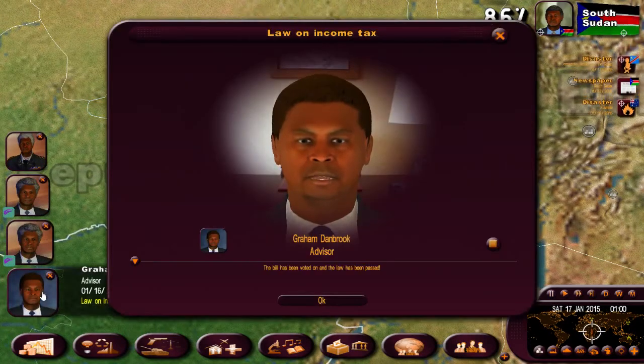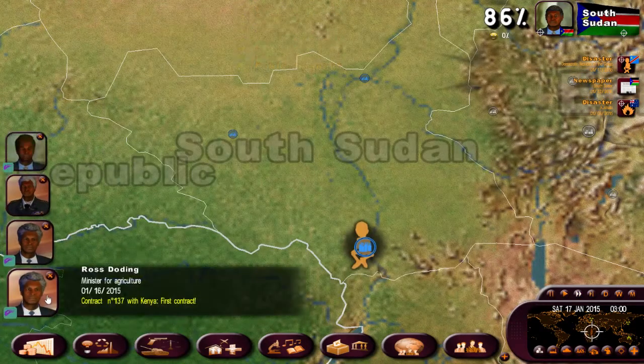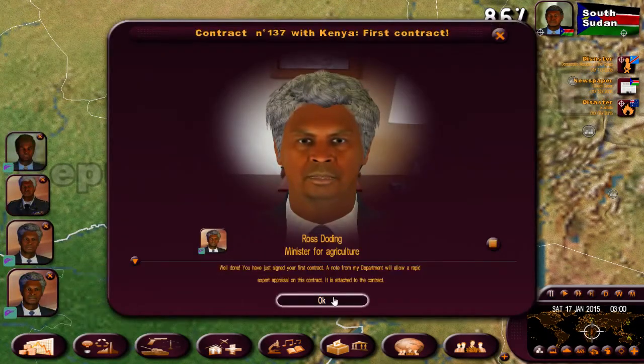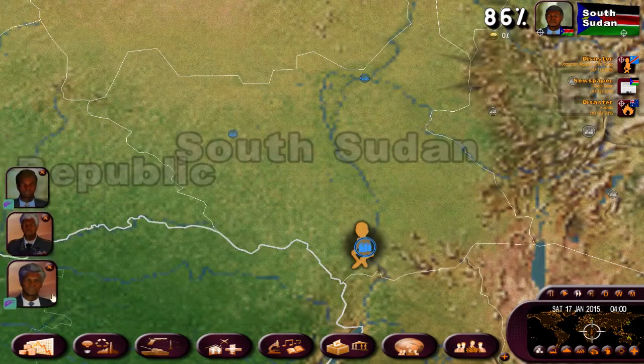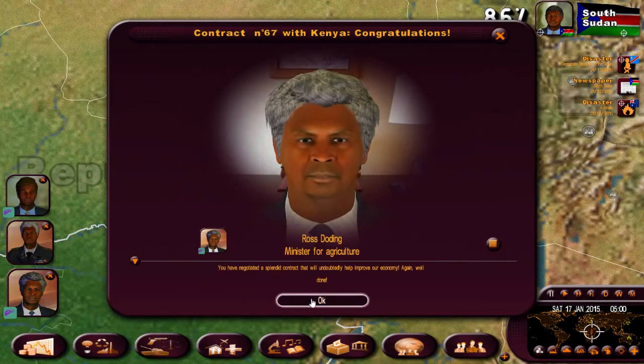The bill has been voted on and the law has been passed. That's good. That helps people. Well done. You have just signed your first contract. Okay, contract with Kenya. You have negotiated a splendid contract. That will undoubtedly help improve